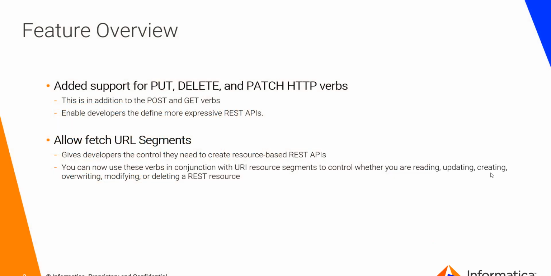There are two new features being provided as part of our August 2020 release. We have added support for being able to fetch the HTTP verb within a process, which we will do using one function, as we will see shortly in the demo. Till date we only had support for get and post verbs, but now with this feature we can also support put, delete and patch HTTP verbs, and this will enable developers to define more